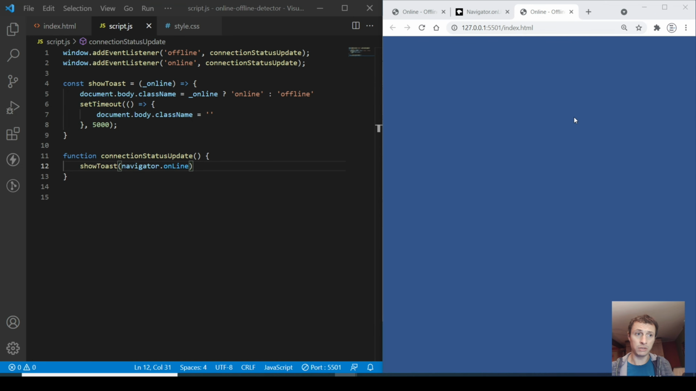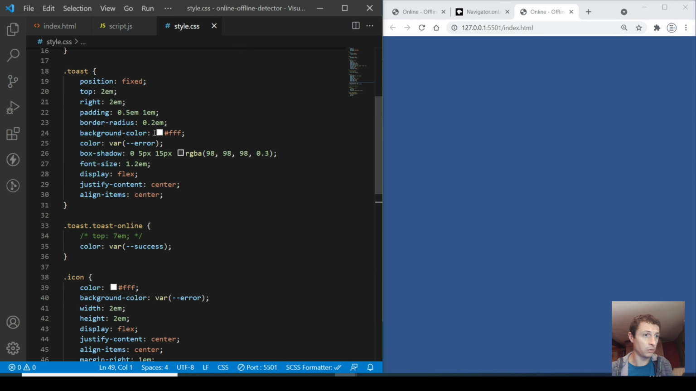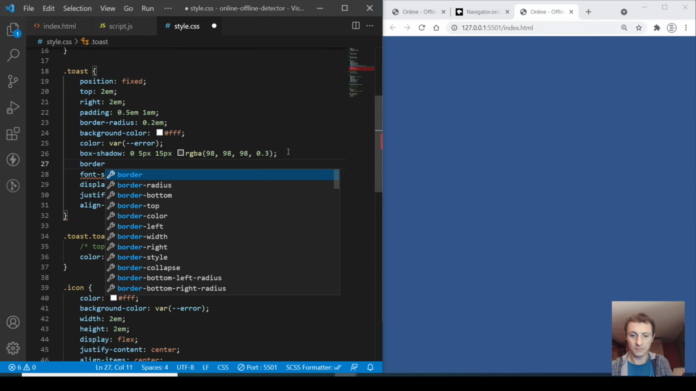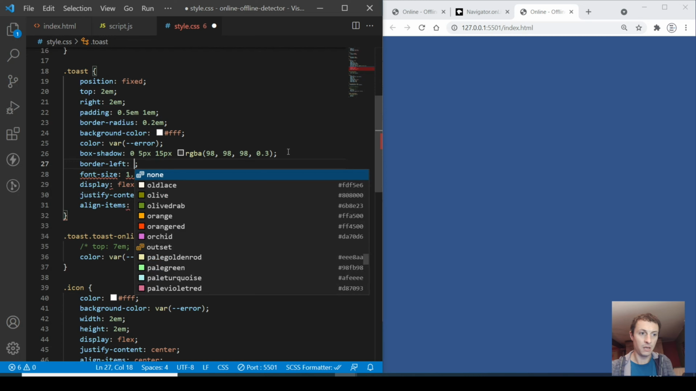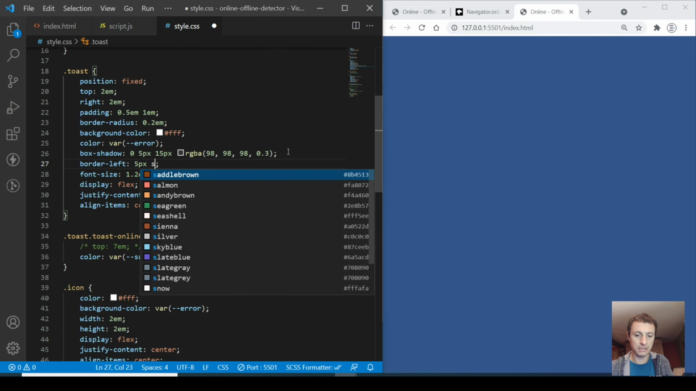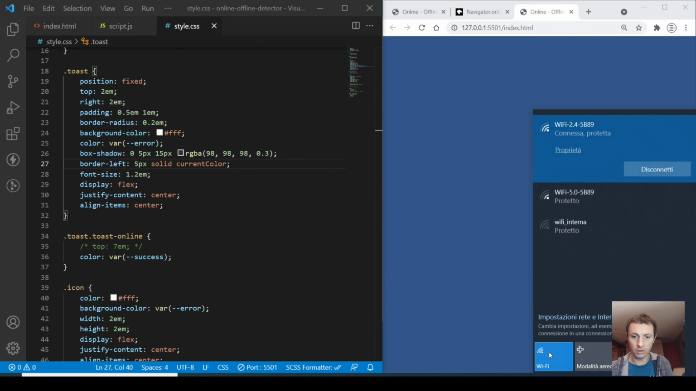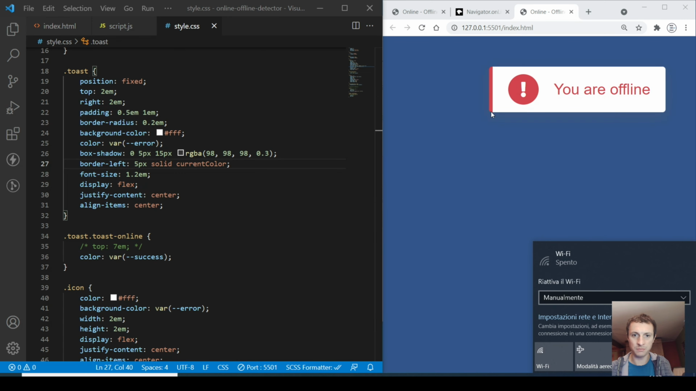Okay, I just noticed that I forgot a border on our toast. Let's introduce it just for style reasons. A border-left of, let's say, 5 pixels solid and the current color. Here it is. In this way, if we are going offline, we should see it with a nice border-left